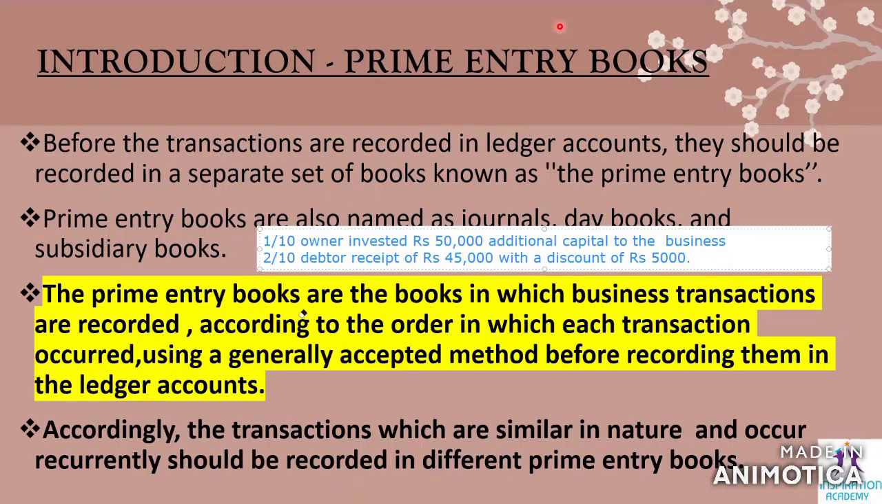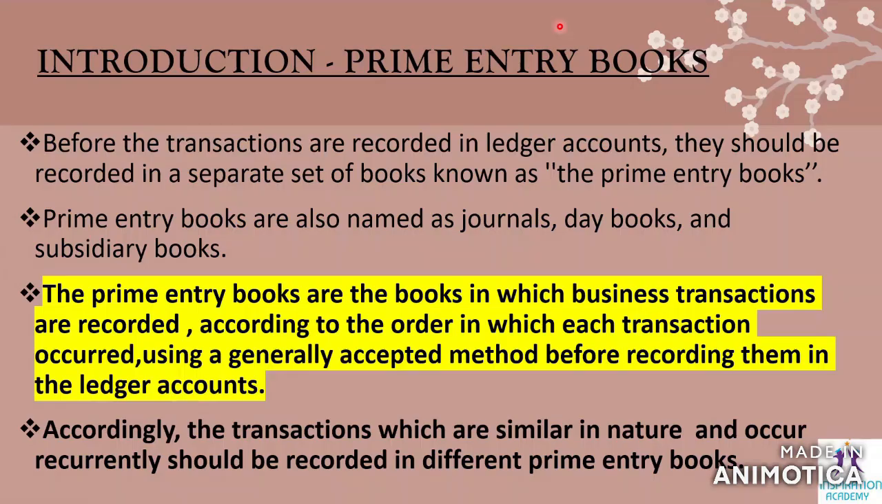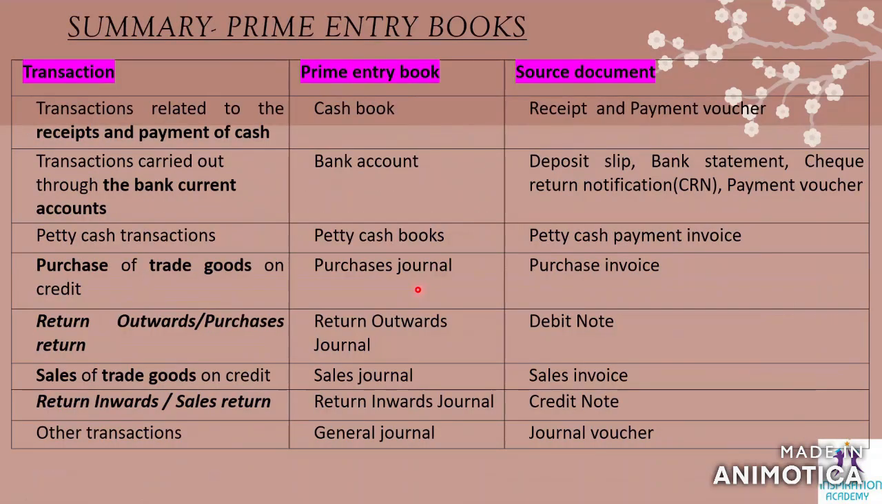That is what should happen. We should record in sequential order. Imagine on the first, if some transaction happened, we can't record it after recording the transactions on the second. We have to record the transactions in the proper order. Then accordingly, the transactions which are similar in nature and occur recurrently should be recorded in different prime entry books. Same kind of transactions should be recorded in the same prime entry book and different ones should be recorded in different ones. Here is the summary of the